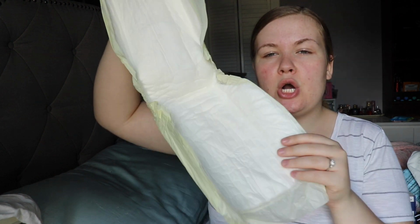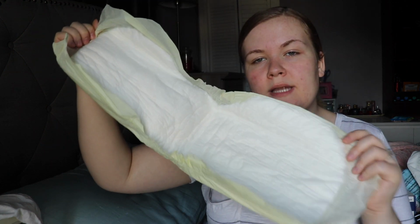So these are the other type of pads that your hospital is going to be providing you. This is a super big, it's basically a diaper. Let's just say that. It just doesn't have the tabs. So you can decide to wear these if you want. I also wear these probably about the first 2 days. Definitely after